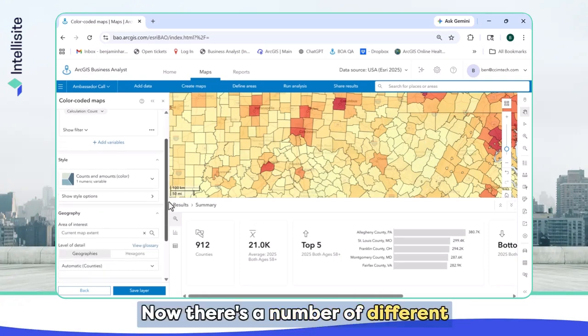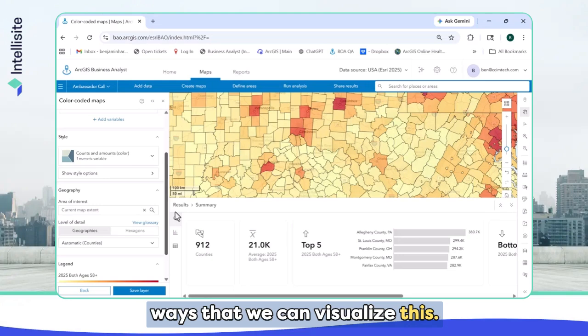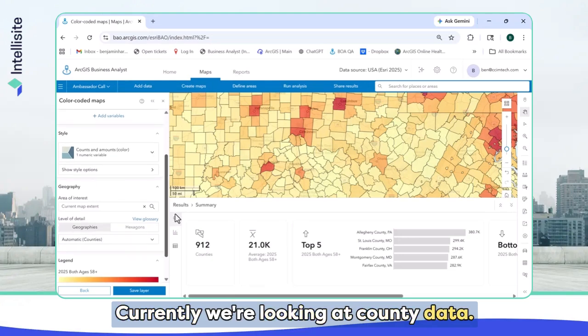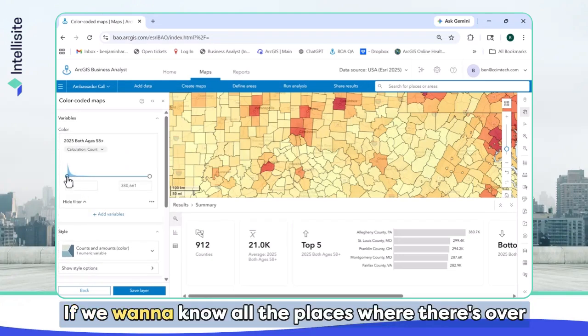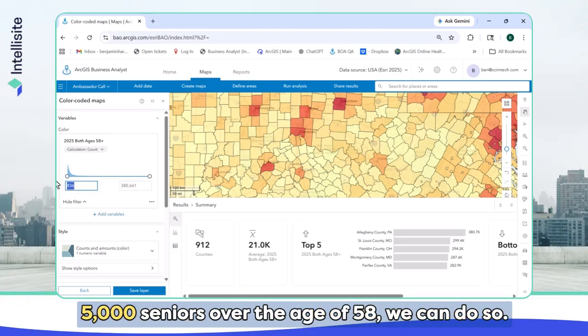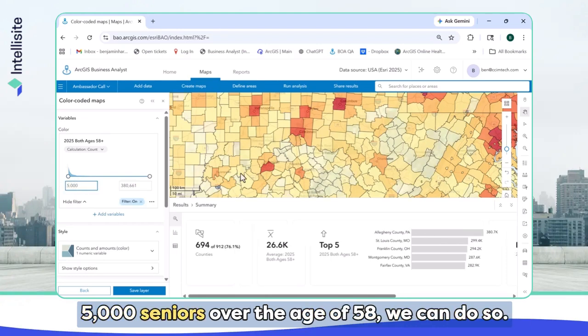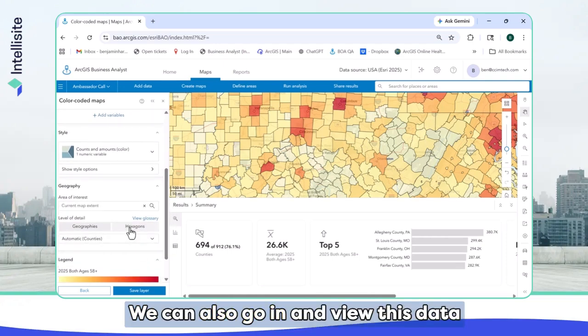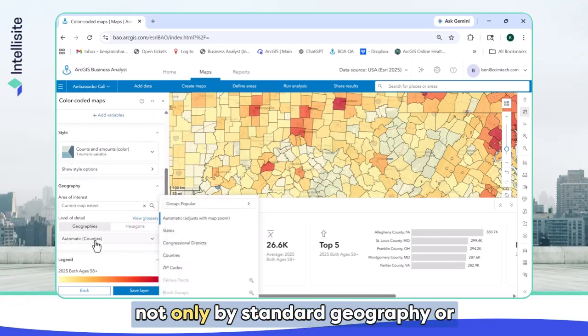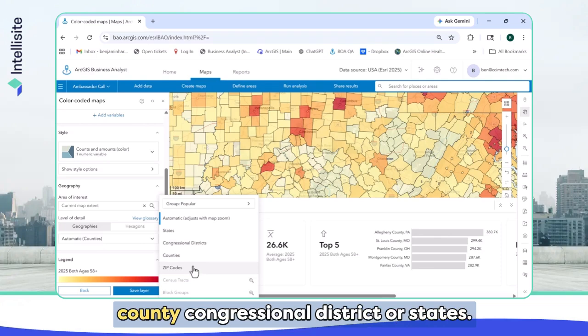Now, there's a number of different ways that we can visualize this. Currently, we're looking at county data, and we can filter it accordingly. If we want to know all the places where there's over 5,000 seniors over the age of 58, we can do so. We can also go in and view this data not only by standard geography or county, congressional district,